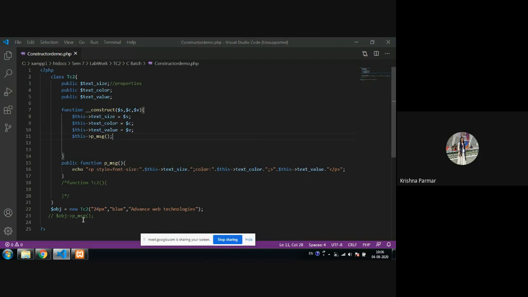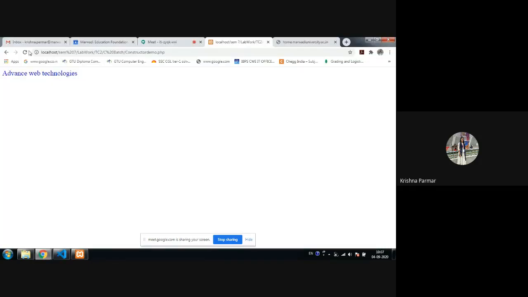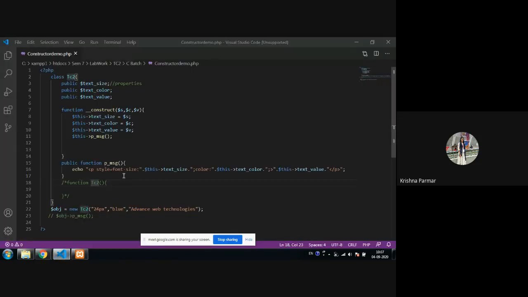So there is no need for calling the function outside of the class because we already call it inside the constructor. You can do this whenever there is a necessity of calling the function every time after the initialization of variables. Otherwise, you have to call it outside of your class. So this is your approach of constructor. As you can see, the output is the same, there is no change. Both are the same, but depending on the scenario, it will change.